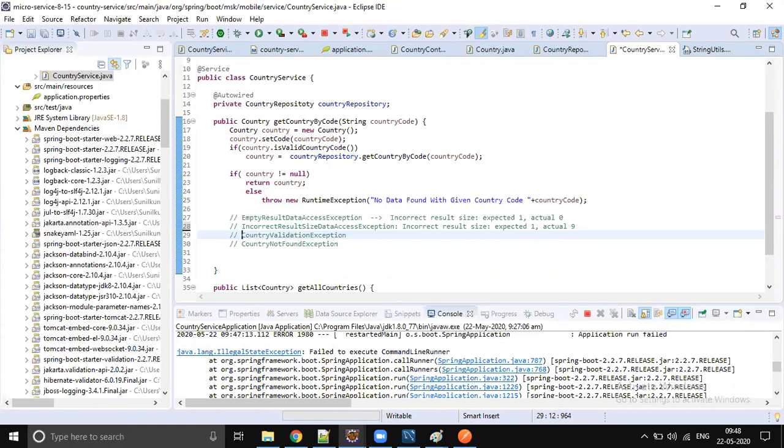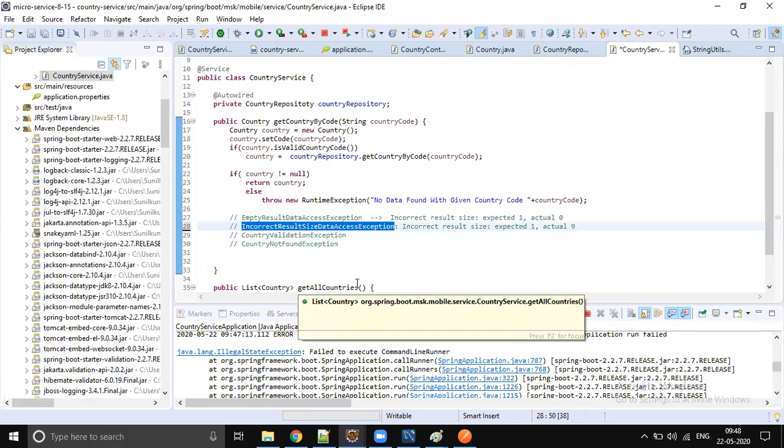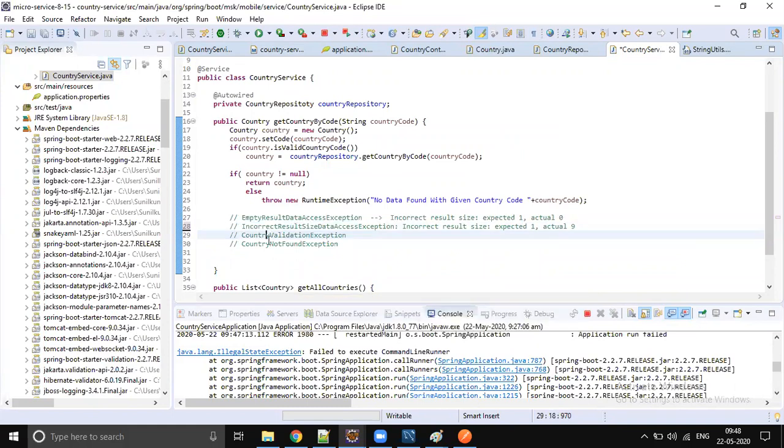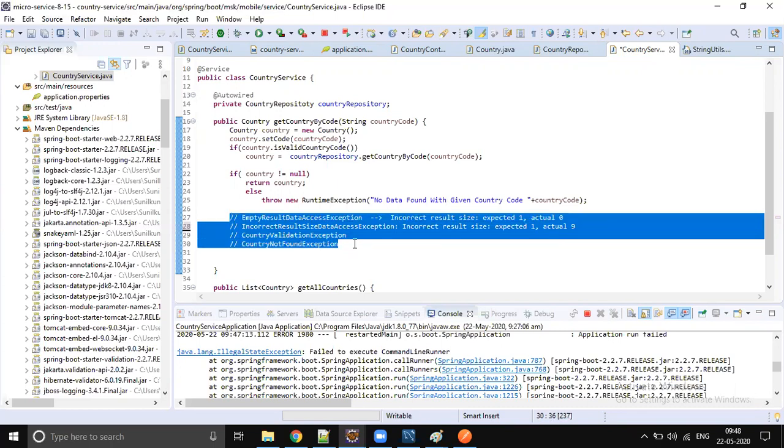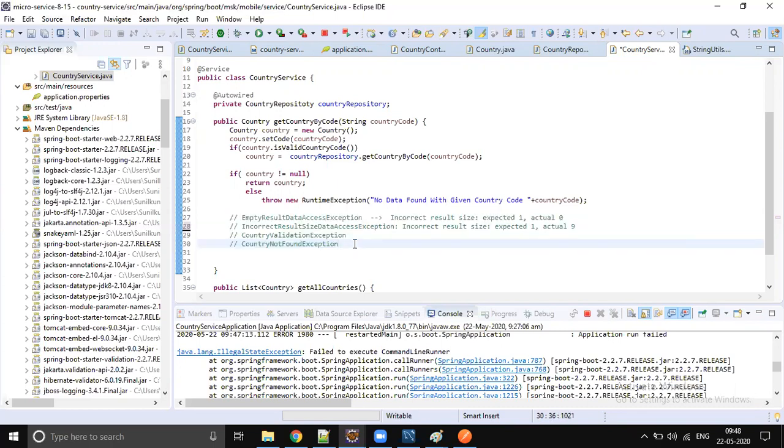When you expect one row but the database returns more than one result, you get incorrect result size data exception. And these two are our customized exceptions. If validation fails, you throw country validation exception. If data is not found in the database, then you throw country not found exception, right? So these 4 exceptions should be handled in the global exception handler.